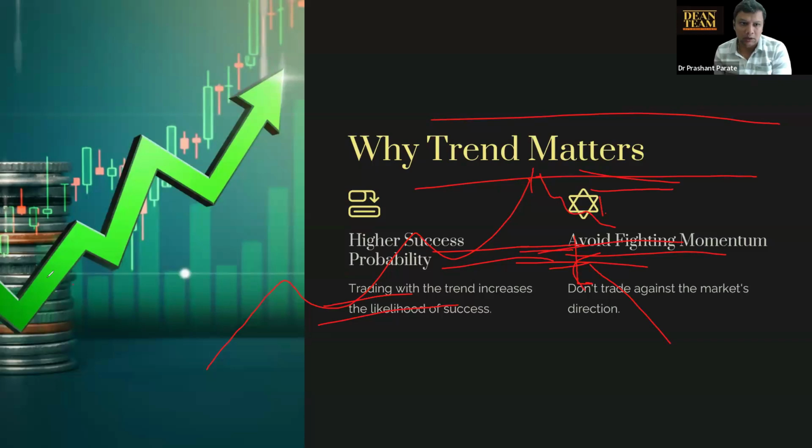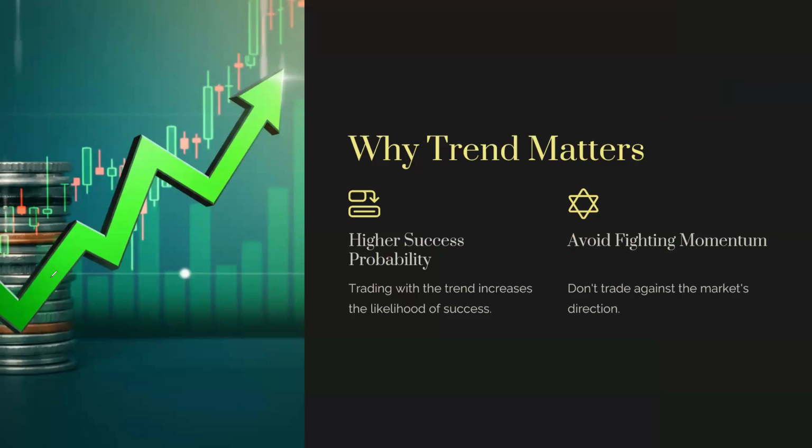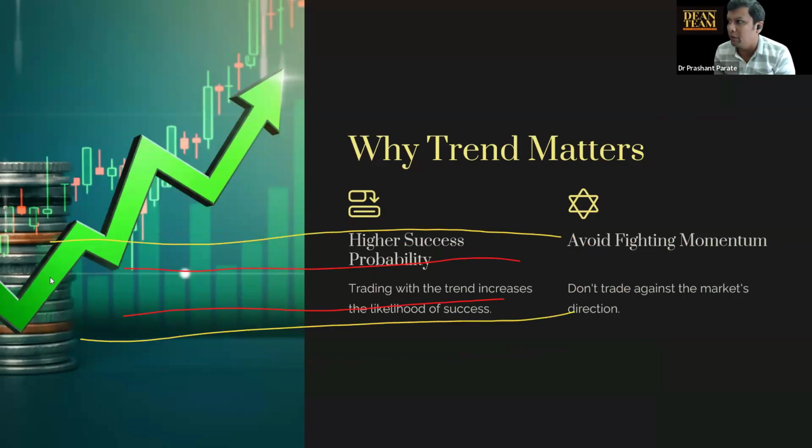Sir, can I ask something? Yeah, please. Good morning. So, suppose there are two buying areas overlapping each other. Suppose on 15 minutes and on 75 minutes, there are buying areas which are overlapping each other. Then is that buying area considered a stronger buying area and more likely to be respected? Can you explain this? So suppose this yellow is a 75-minute buying area, and red is a 15-minute buying area. Yeah, so it can be a strong buying area, and we can look to take trade,